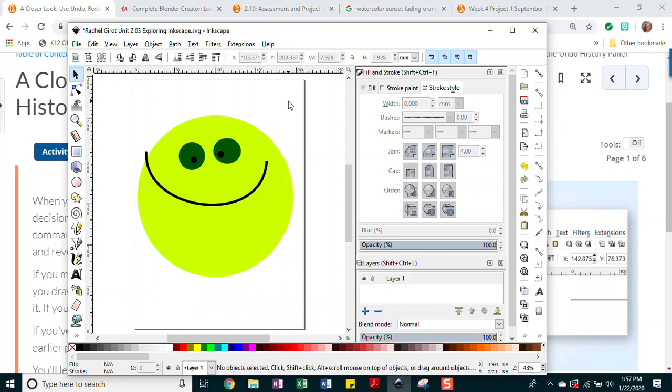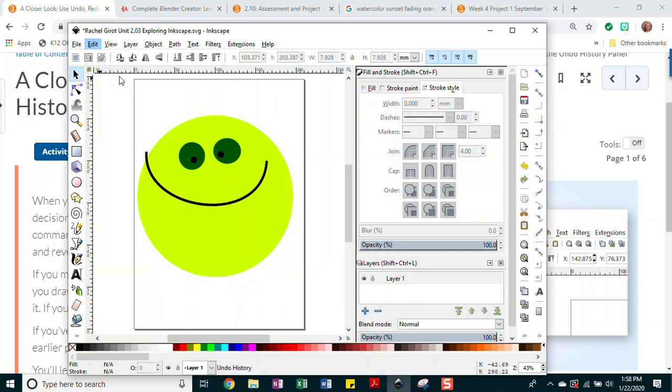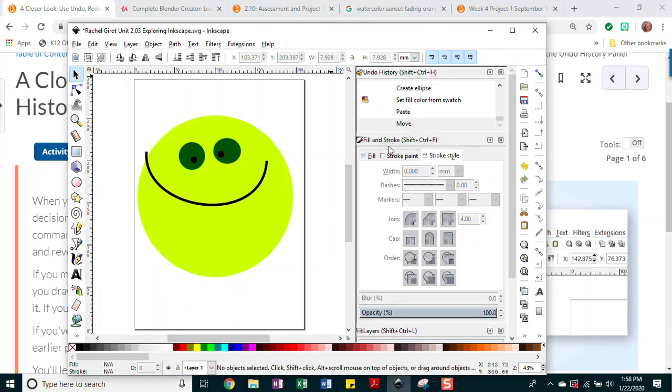So boy, my little character's looking so cute. I can't stand it. But let's say I go, you know, I'm not really crazy about something and I want to figure it out. So that's where your history could come into play. Let's see. Where is it? Edit, undo, history. So if I click on the undo history, notice I get this box, and if you look for those double lines, sometimes I'm going to have to just